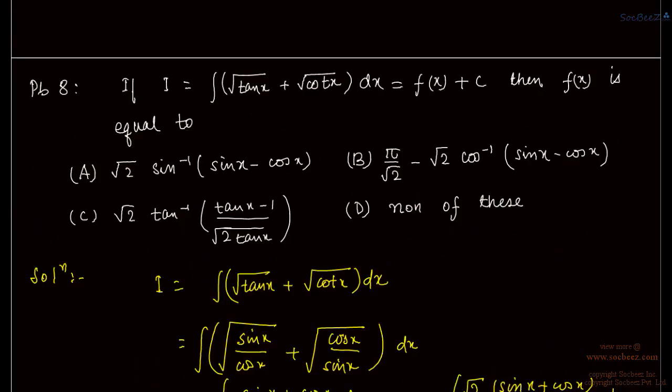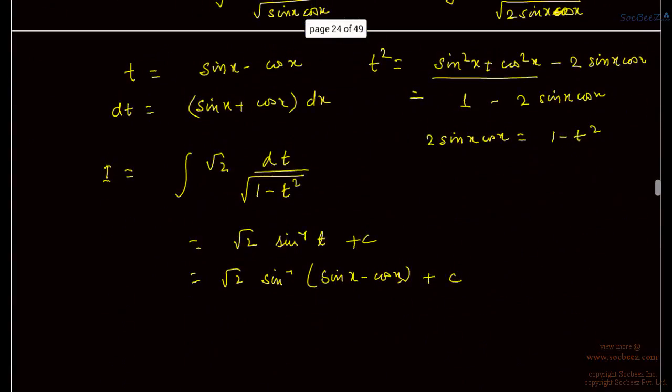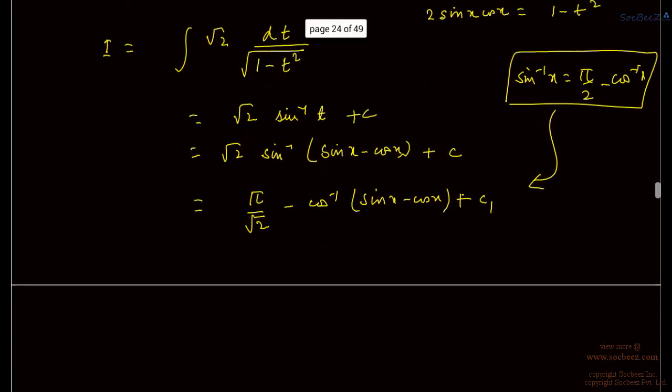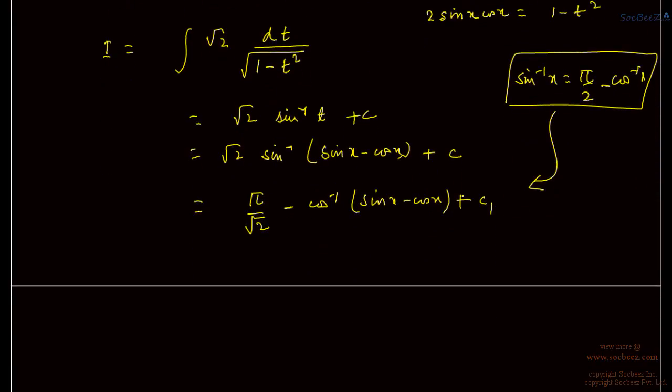See, the value of our integral is root 2 sin inverse of (sin x minus cos x). So this can be equally written as pi upon root 2 minus cos inverse of (sin x minus cos x) plus some other constant c1, because sin inverse x is nothing but pi by 2 minus cos inverse x. So this can be written like this. Also, if you want to write it in the form of tan inverse x, this can be equally written as